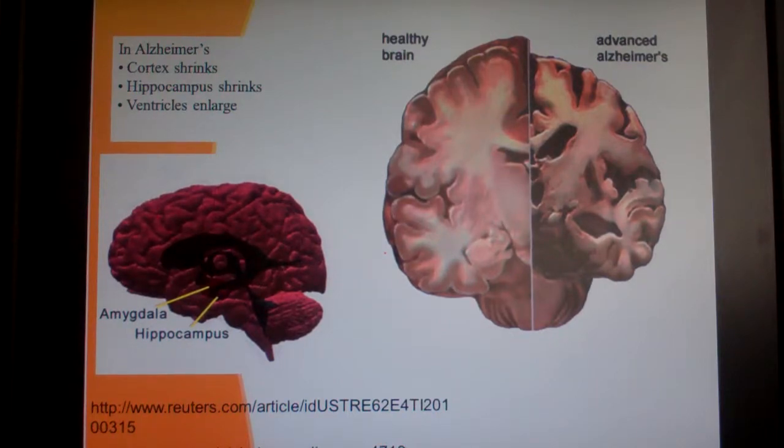Now if you look at this big old brain here, if this side is a healthy brain, this side is, again, very advanced Alzheimer's. But you can see that the cortex is not only shrinking, but everything inside of it is shrinking also. That area where I put the arrows is part of your hippocampus, and your ventricles